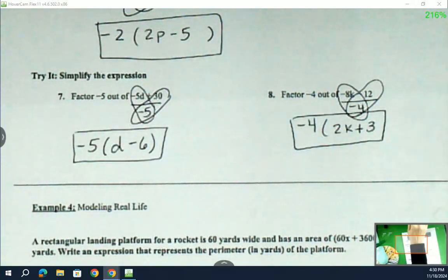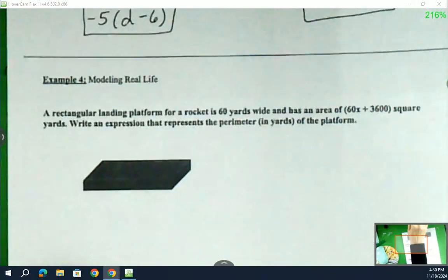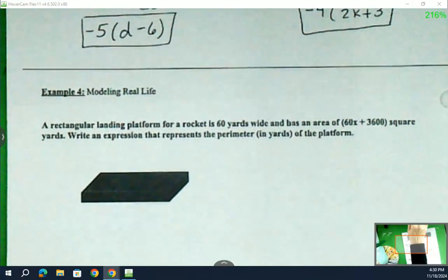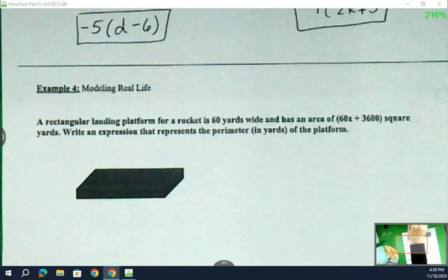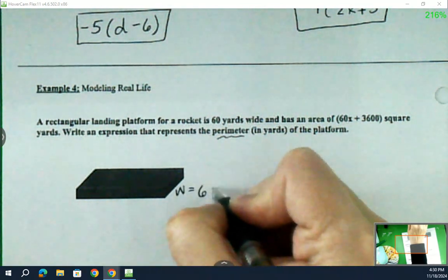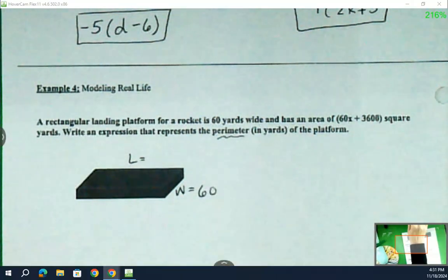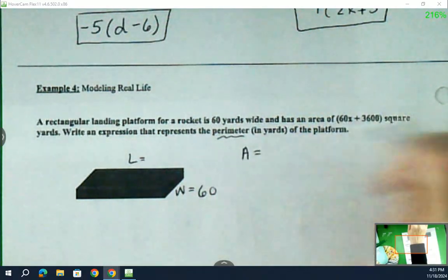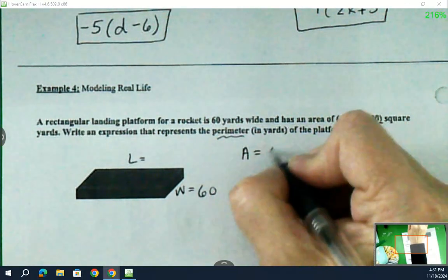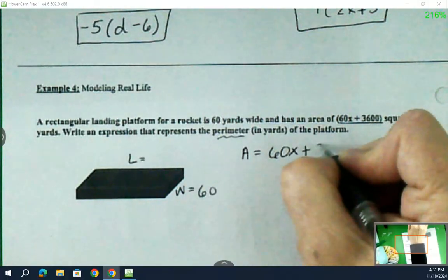Lastly, we have a word problem, modeling real life. A rectangular landing platform for a rocket is 60 yards wide and has an area of 60x plus 3,600 square yards. Write an expression that represents the perimeter in yards for the platform. So first of all, we have our width is 60. We're told that, but we don't have our length yet of this platform, of this flat surface. What we have instead is the area being equal to 60x plus